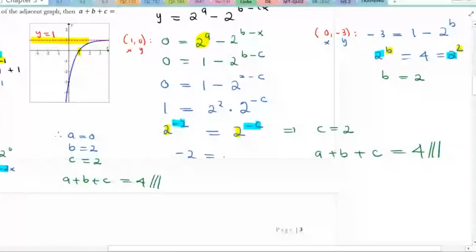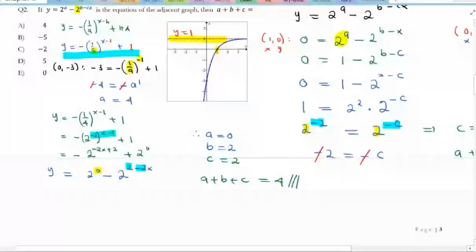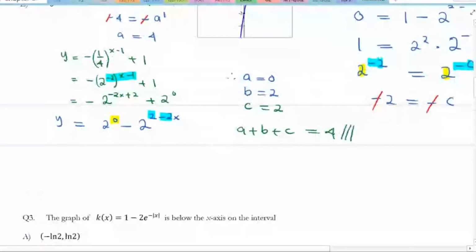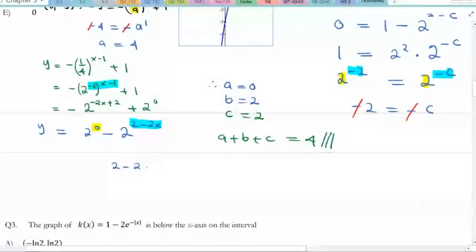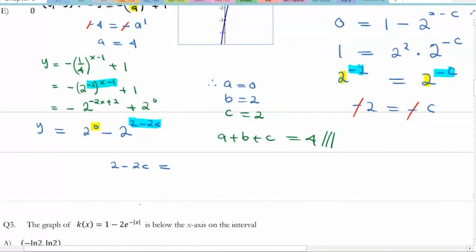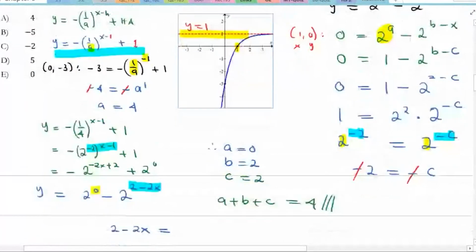Minus 2 equal to minus C. The minus we cancel with minus. Now, in the first example, the first way you solved the question, the same way. Look here. What did you do? You say, look at this one. Take this one. 2 minus 2c is equal to 2 minus 2x is equal to, from the question, you say